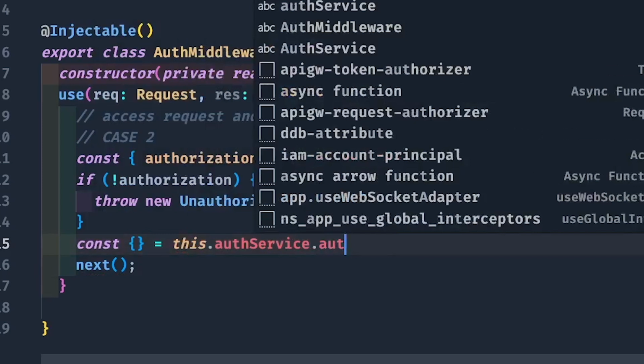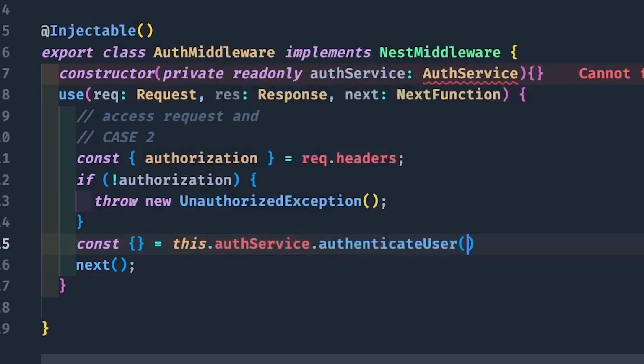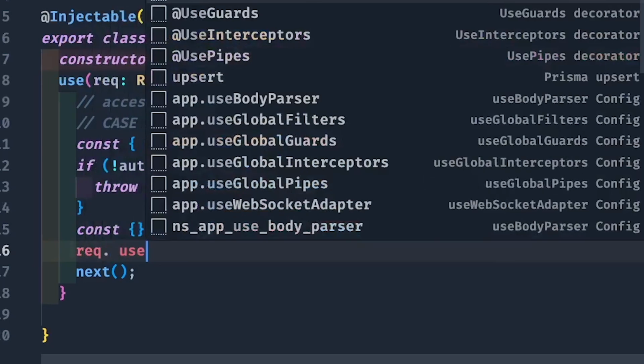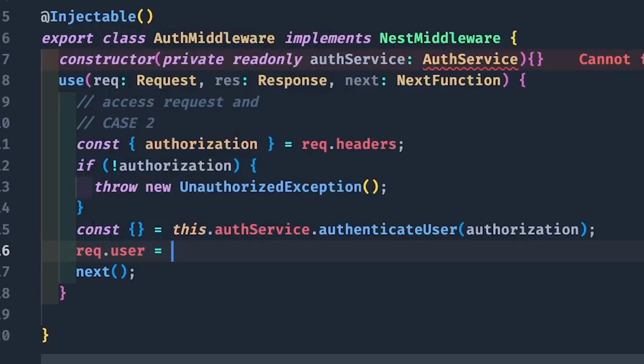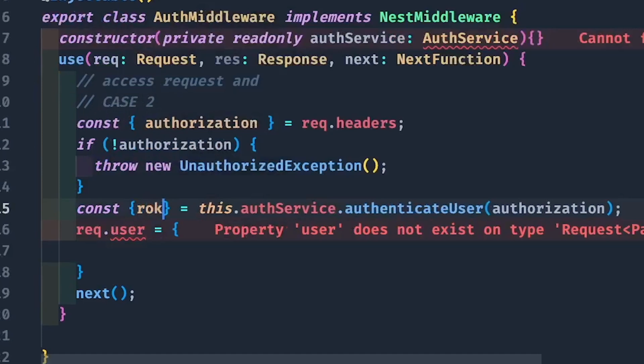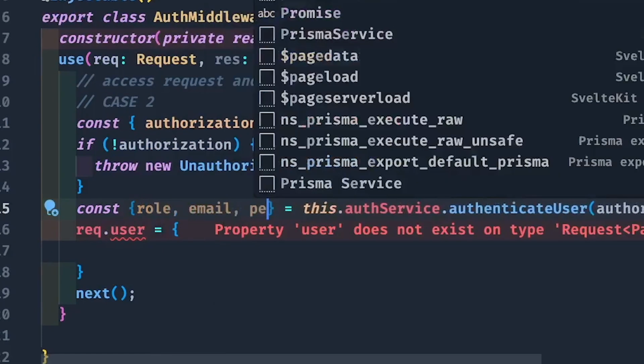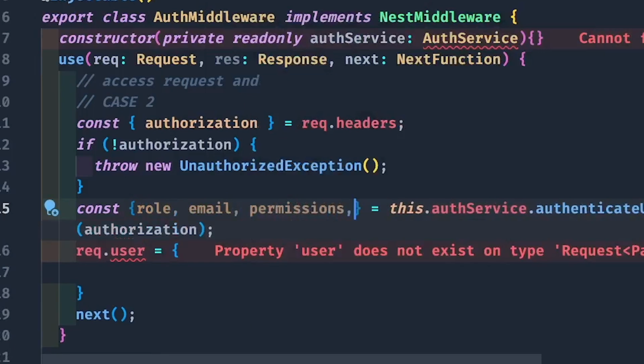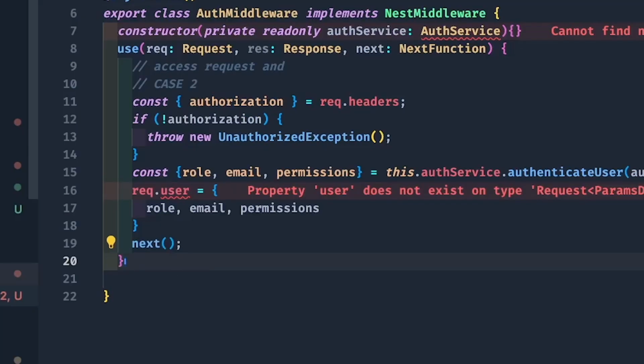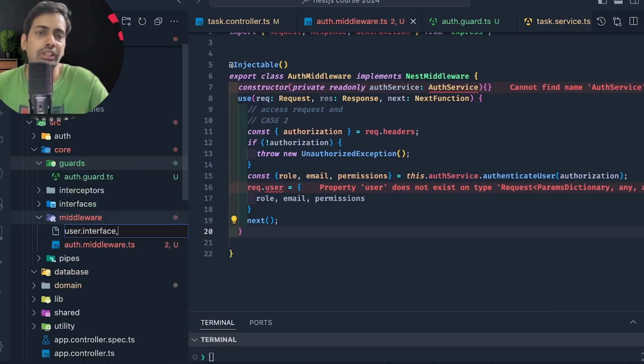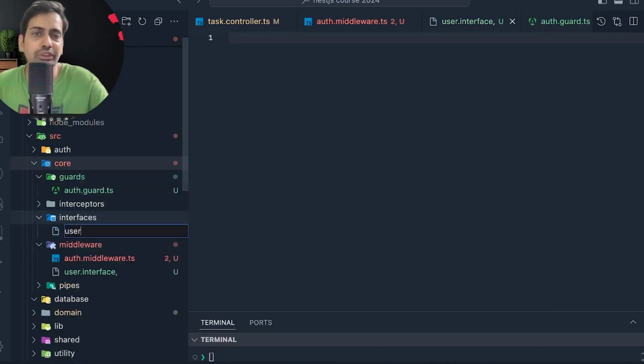Middleware is validating: are you passing the session information through cookies, through headers, through some particular header or the authorization header? And if you're passing it, then I need to validate that authorization value using some service, right? If that is valid, then I'm going to initialize your session on the request object. So across the controller and service, I should be able to get the information that the user session contains in the authorization header. Currently, I will just mock it. I will try to implement it as a mock version. Here we need to create an interface because we are having a user on the request object.